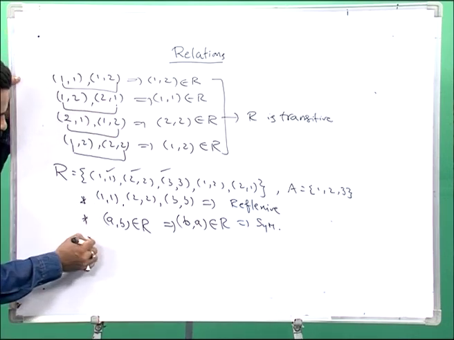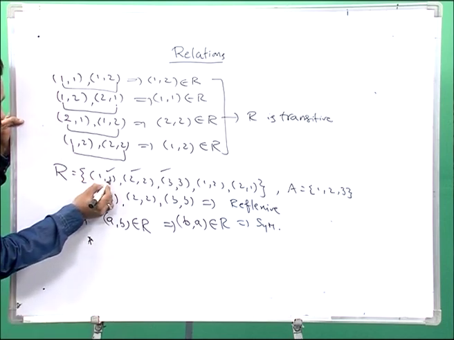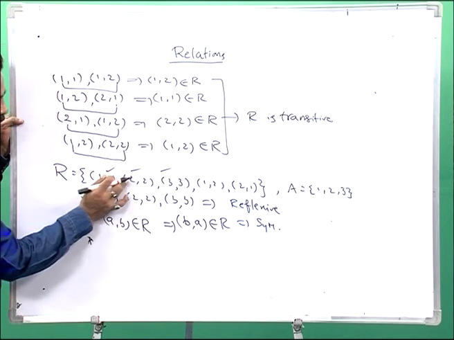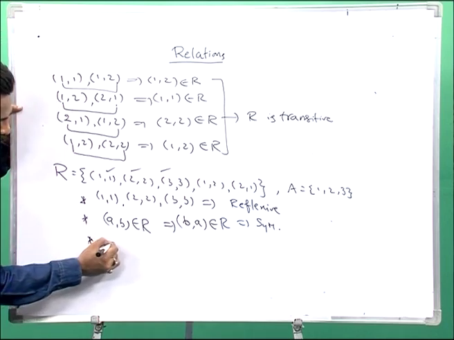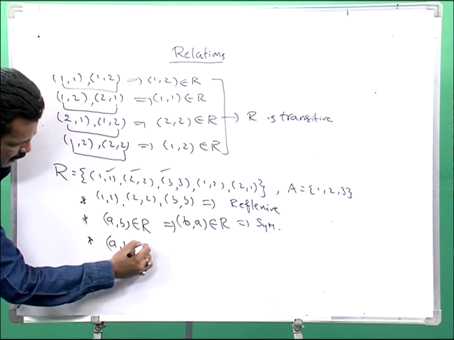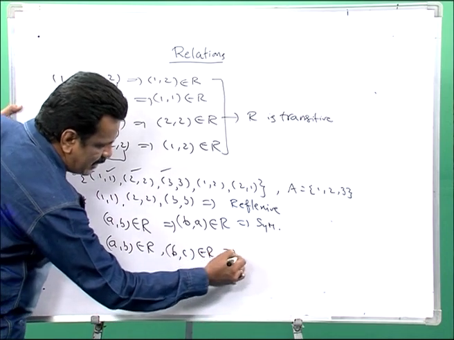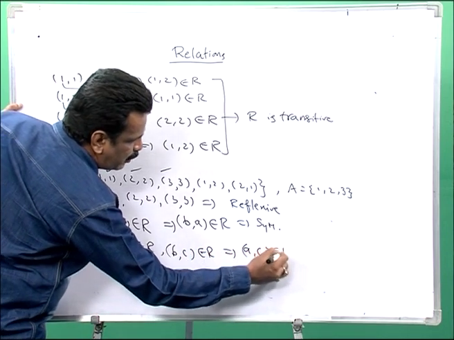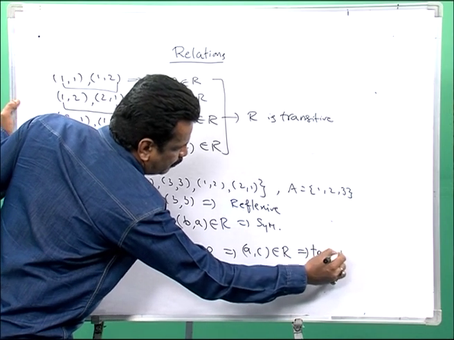And in point number 3, the above transitive discussion, we can say 1 is connected to 1 and is connected to 2, 1 2 is connected to 2 and is connected to 1. In this manner we can check, we can see A comma B belongs to R and B comma C belongs to R. As a consequence, A comma C belongs to R also happens, and hence it is transitive also.